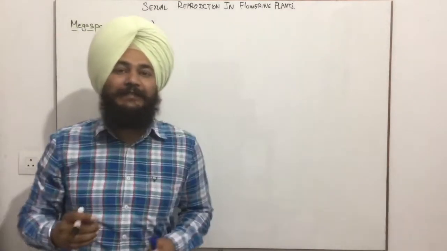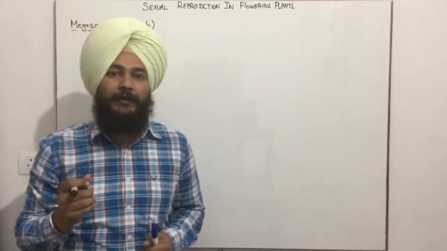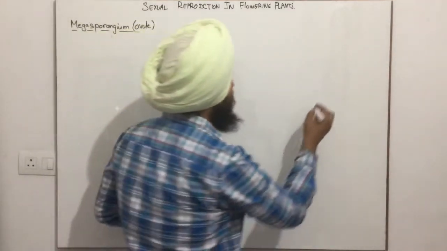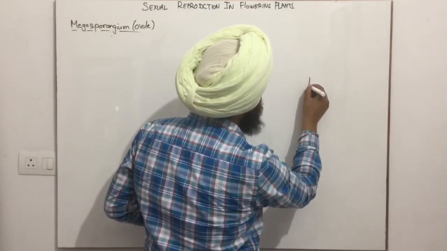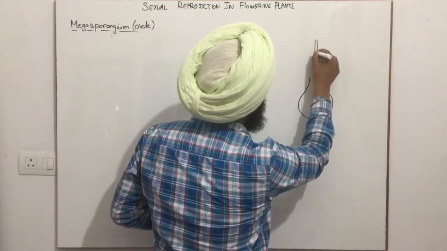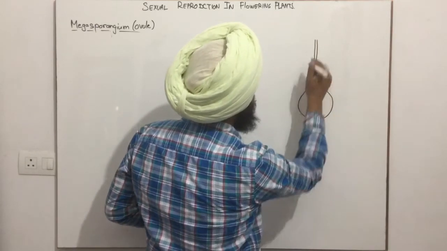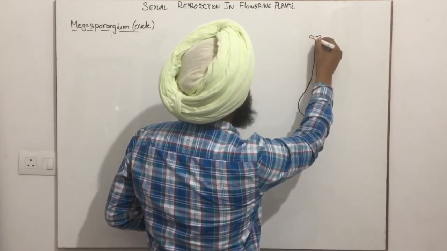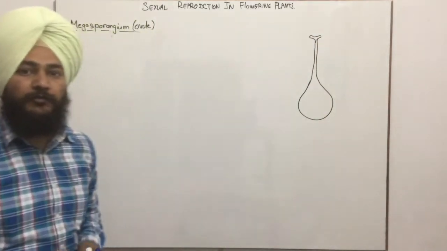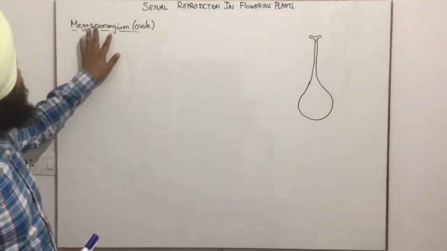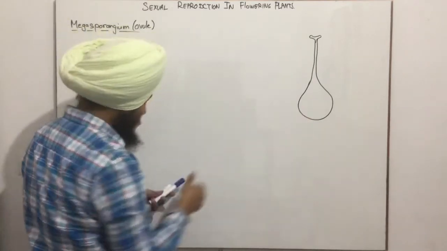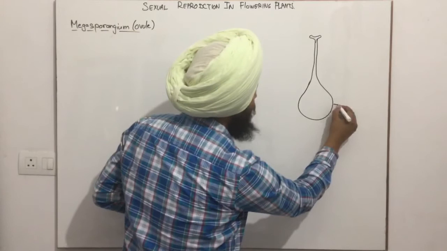As we have discussed, the female reproductive part can be made up of one or more pistils. Here we can draw the diagram of the pistil that consists of the ovary, then a style, and above that the stigma. This is the structure of the pistil that makes up the gynoecium. Now what is the megasporangium? At the base of the pistil, we have the ovary,